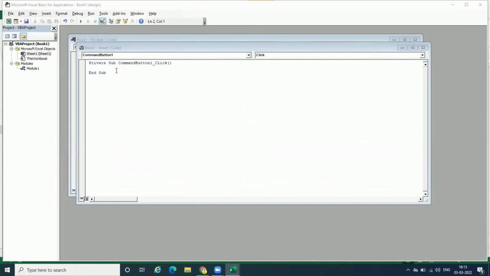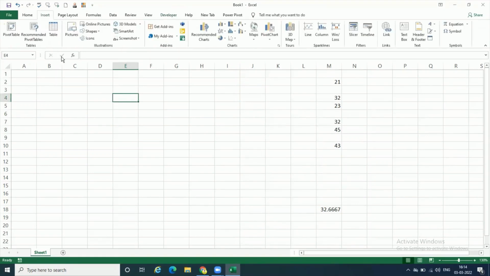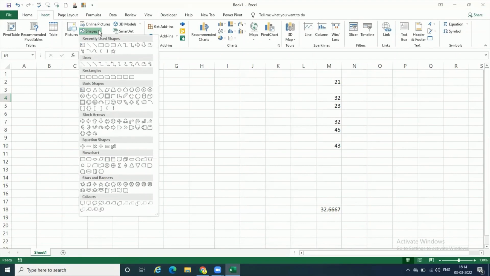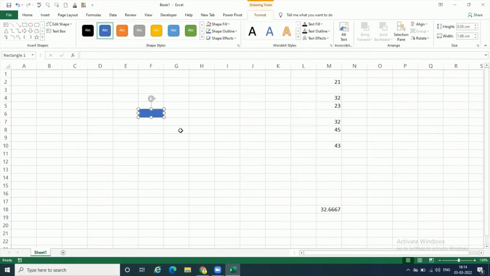I don't want to do this. I don't want to go into the Visual Basic side because I'm not into Visual Basic. But at the same time, you say, यार मुझे एक बटन चाहिए जो मैक्रो रन करे, execute करे, without going into the headache of programming. चलिए, figure it out. I'll go to insert, and under insert, I've got my normal shapes. And I will choose a particular shape and I will draw that shape. मैंने एक rectangle बना दिया